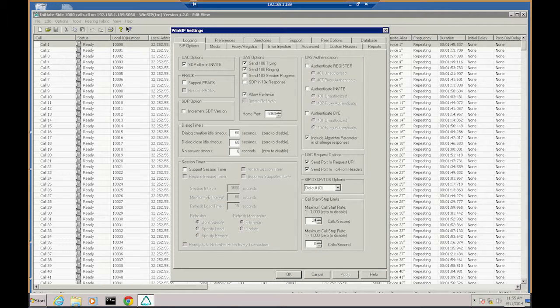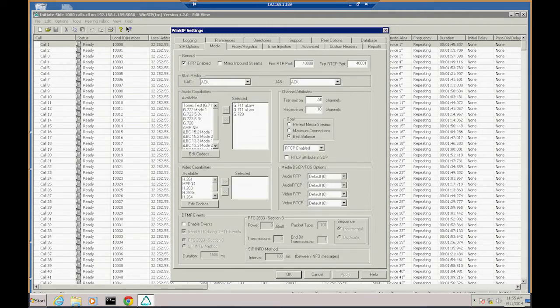Next, after this, will be the media, where you will say what media you want to advertise to make the call. We always have the default as the standard ones, ULAW, ALAW, and G729. But you can easily remove these to the left side, and you can choose your own audio codec file which you want to test, like G728,